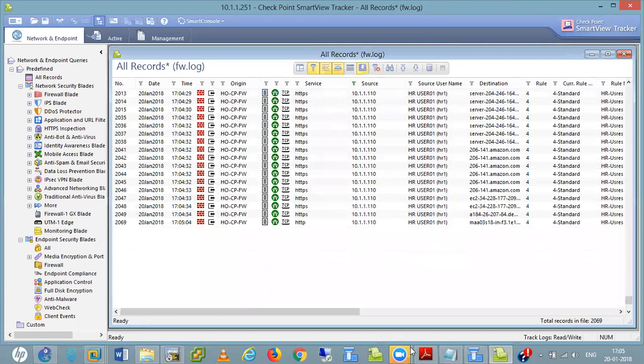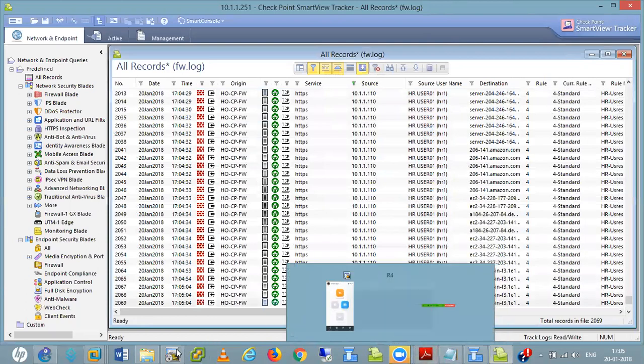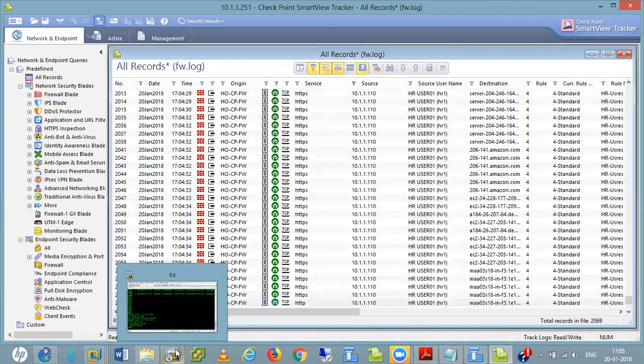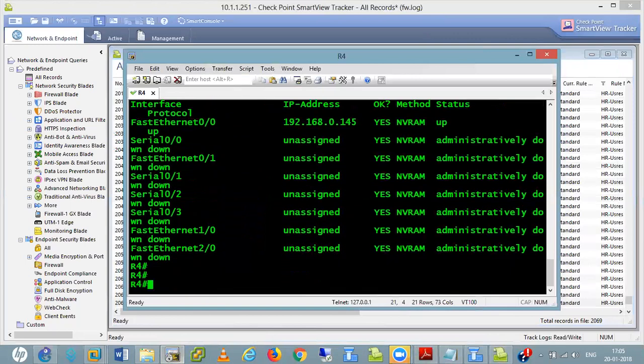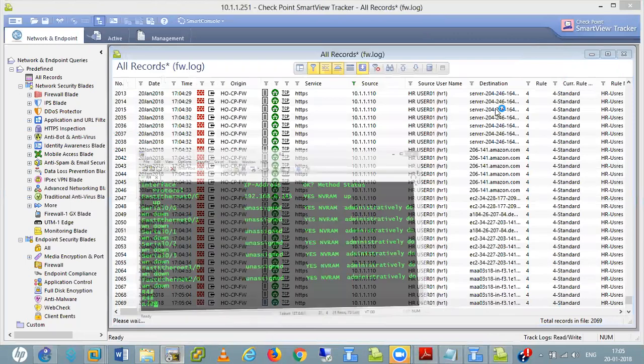I am not able to telnet to the outside. This is my outside server. The IP interface in brief shows the IP address 192.168.0.145.